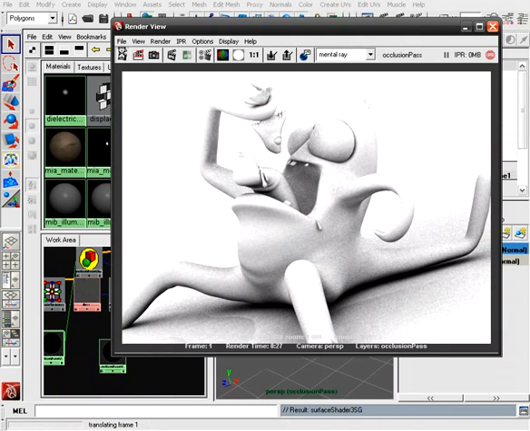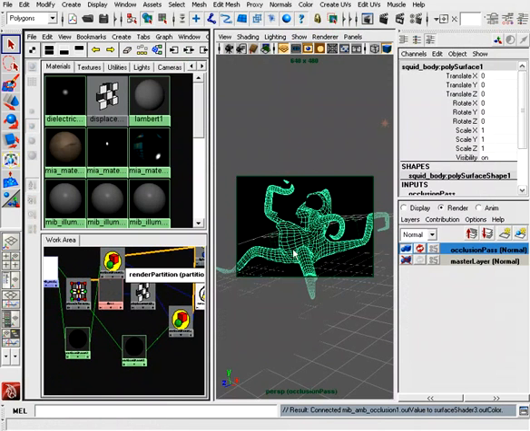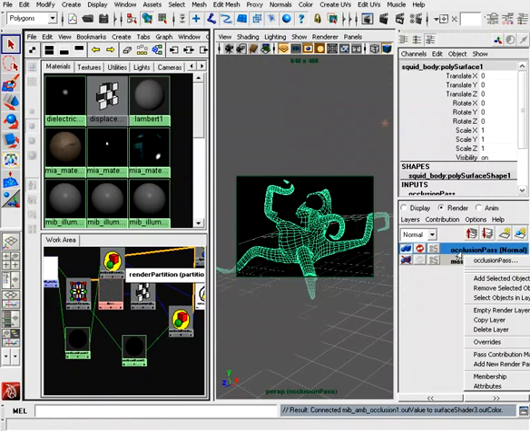There we go, and let's re-render this. Alright, excellent. And now you can see that we get the occlusion effect that's been applied to this squid. And now we can start to see the actual displacement that comes with that. Alright, so now that we have the occlusion pass set up, let's do the same thing for the depth pass,